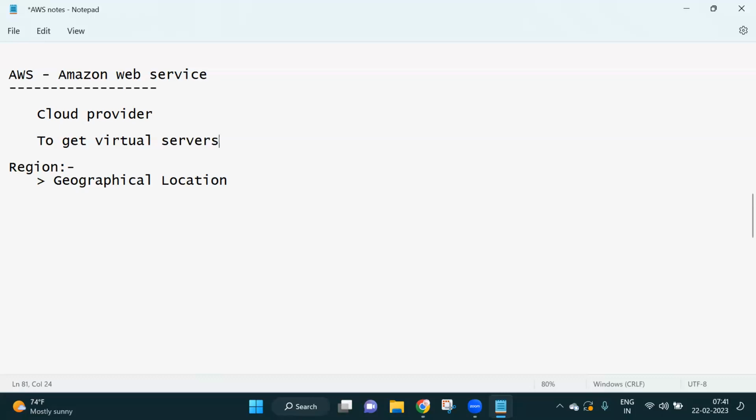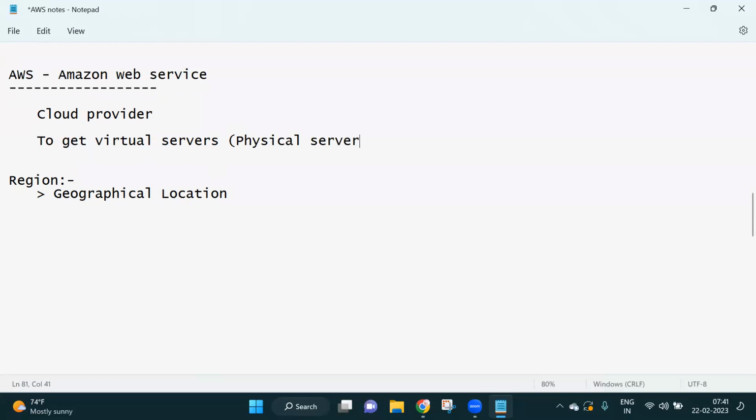Even though we are buying a virtual server, somewhere in the world they have the physical servers. In the world, they have many regions where the physical servers exist. That's nothing but a region. So remember, guys, region is nothing but a geographical location.